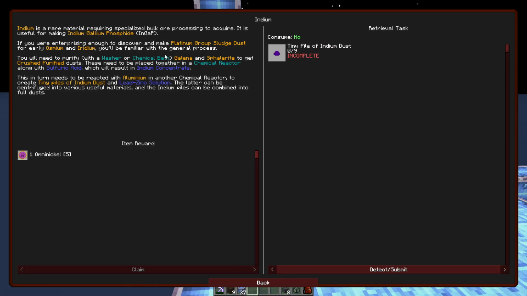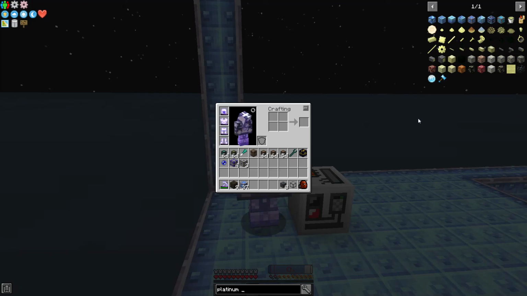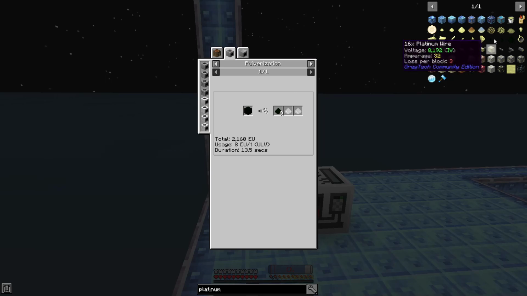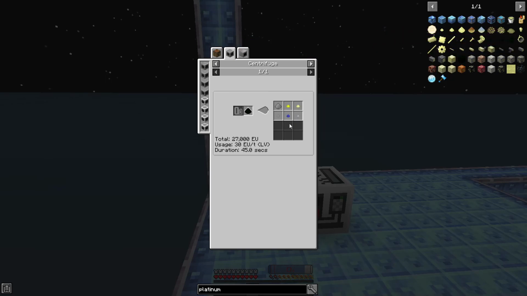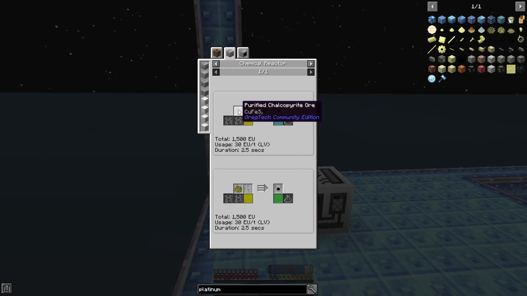Now indium, I looked it up, galena and sphalerite, not too bad, but then I saw something interesting. Early osmium and iridium platinum group sludge dust. What? Platinum sludge dust. What on earth is sludge dust? Centrifuge. Osmium? Palladium? Iridium? What? What is this? Chemical reactor,